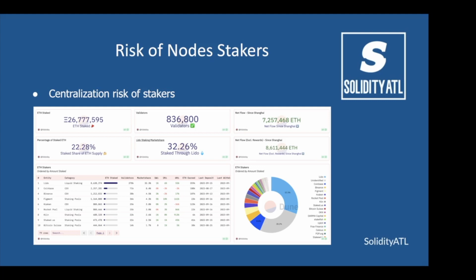The risk here is what happens if Lido gets hacked. How would that affect Ethereum's ability to validate transactions? What if there was a bug introduced in any of these, like Lido or Coinbase, their staking platforms? How would that impact it?